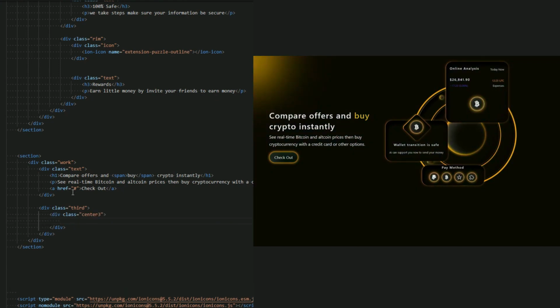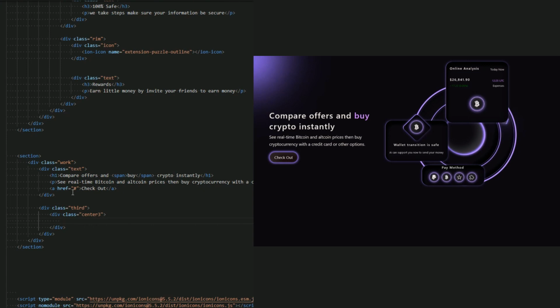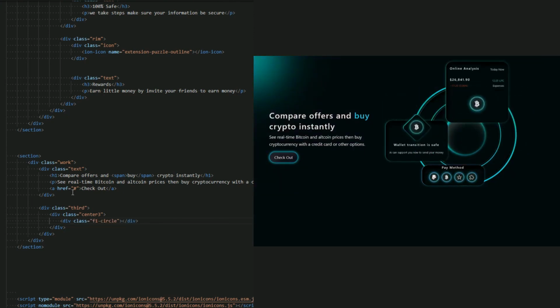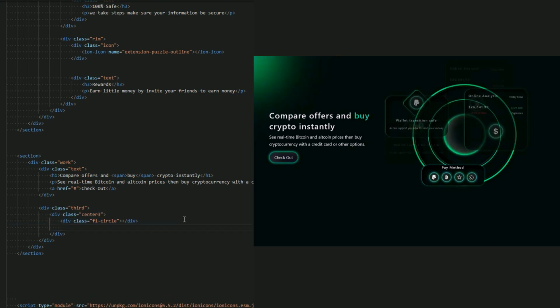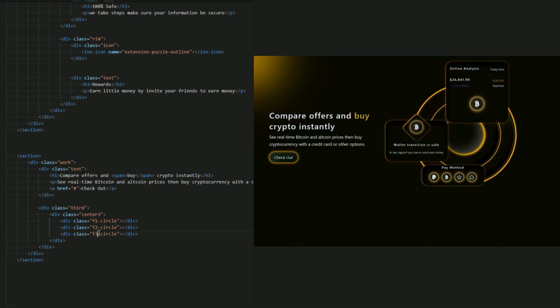I want to add this circle, as you can see, which I think I add a border for. So I create three divs for this. The first circle I add a border. Let me just name it F1 circle. This is the first small circle. Okay, this is the F1 circle, F2 circle inside it, and F3 circle. Okay, this is a circle of the border.